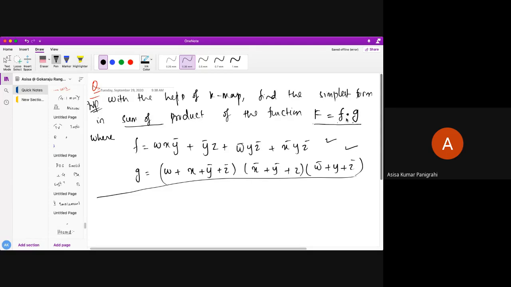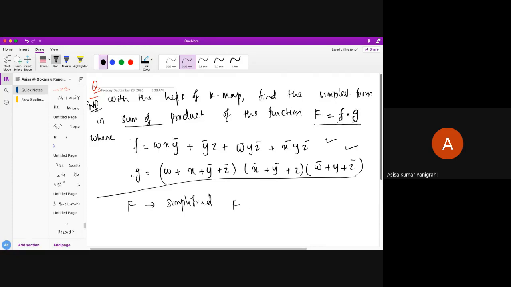So what is the first step? You need to develop a function which is a capital F, and that capital F will be f and g. Capital F is the function which is actually in the form of sum of product. Then you have to find out the simplest form. So you have to find out this f and g operation which gives me capital F. Finally you have to do simplification of it using K-map to get the simplified F. Am I correct? Then finally you can realize it.